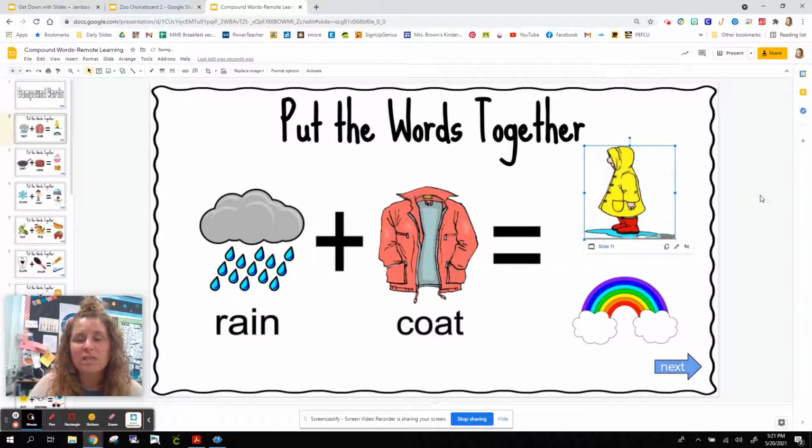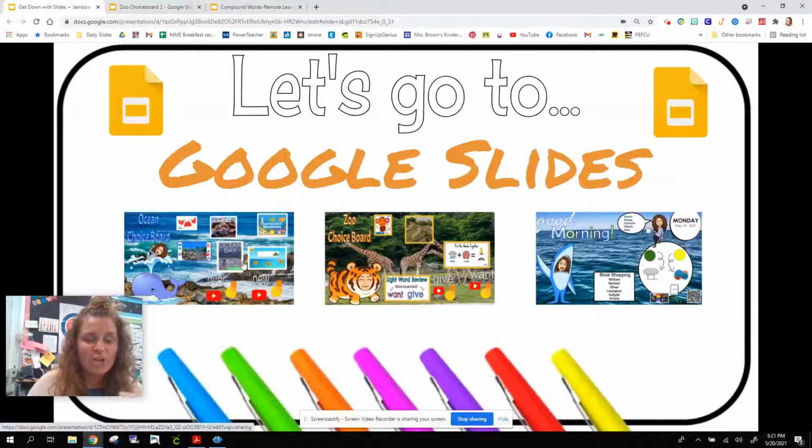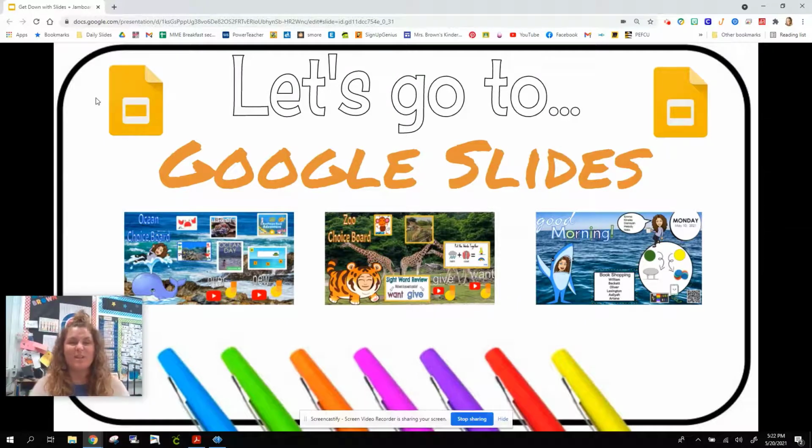You can also link these things to other websites. And that's kind of how I've linked these. So when I click on this, the image is actually linked to my Google Slide URL. I hope that makes sense. So that is all about some ways I use Google Slides by themselves, how I use Google Slides to interact